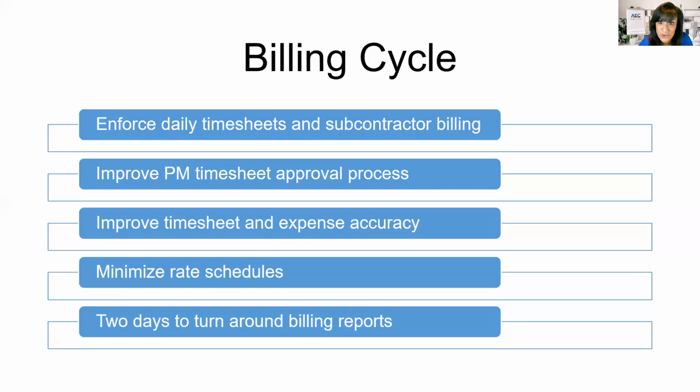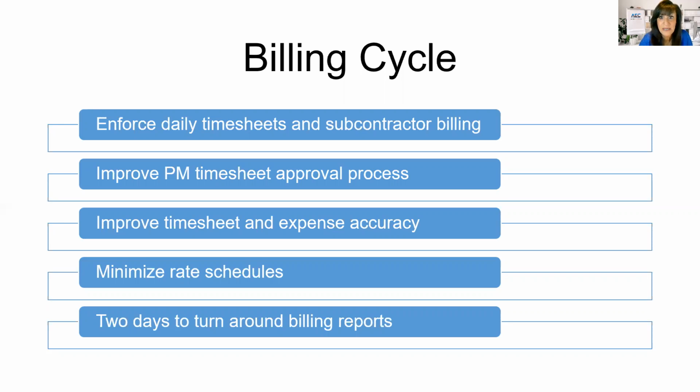Minimize your rate schedules. I go into firms, they have 100 rate schedules, and every single time they create a new proposal, they create a new rate schedule. It's ridiculous. You should have standard rates and enforce a policy where there's little deviation from rates. I see people using rates from 5 years ago by accident. There's just all kinds of stupid things going on because people are pulling up old spreadsheets that have old rates on them and using those for doing their estimates. There's a lot of bad habits going on in many firms, and these are things you can fix.